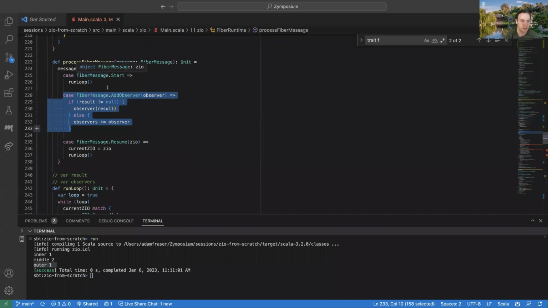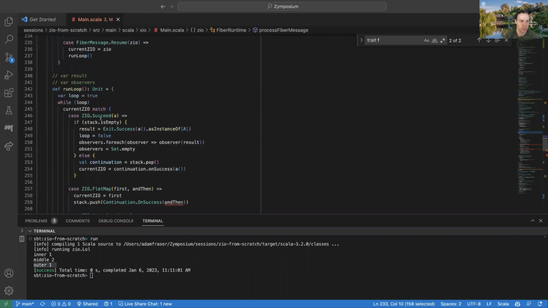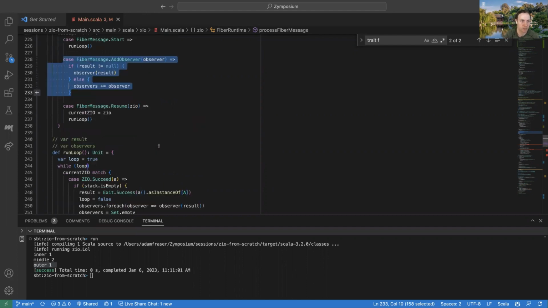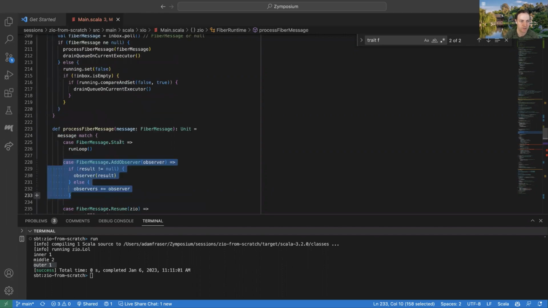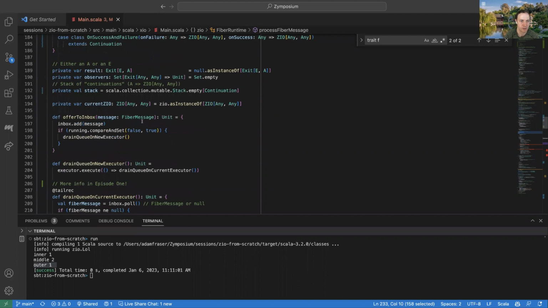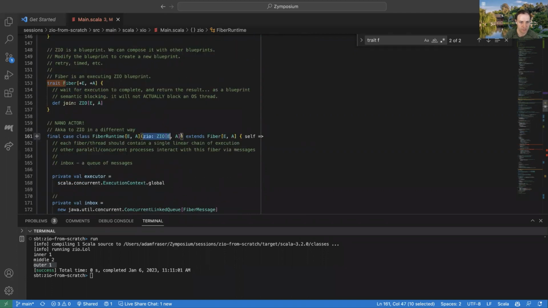And so then beyond just this messaging processing logic, the core logic is in this method called run loop here. And this is just going to go through and one at a time execute each of these terms of that ZIO language that we saw before. So all we're going to do is when we kick off start, this fiber gets defined with a ZIO value.